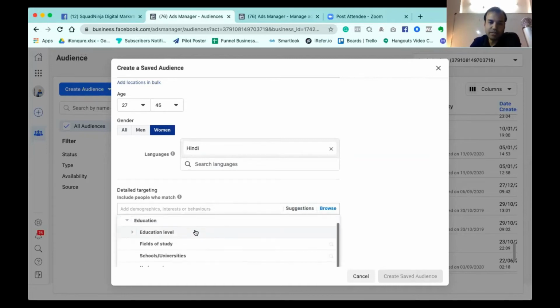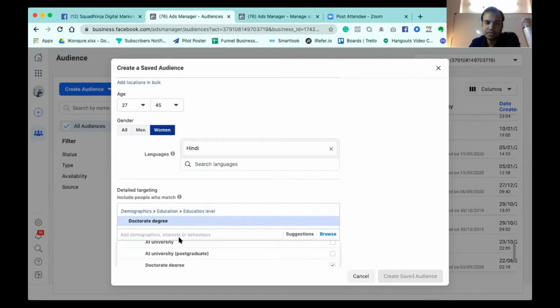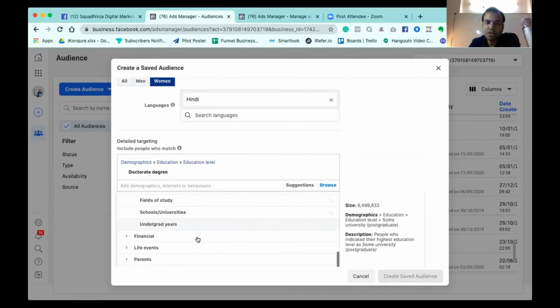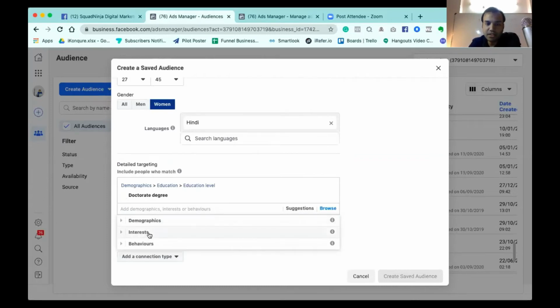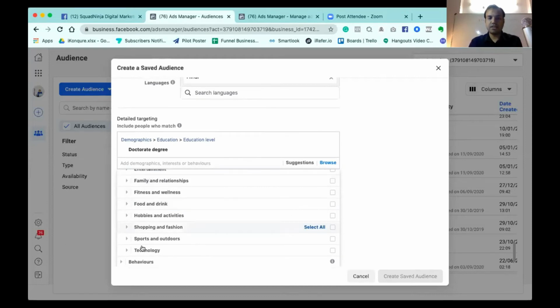I want to target people with an education level of doctorate degree, maybe. Here you will get a lot of options, and trust me, this is under demographics. Similarly, on interest also you can get a lot of things.